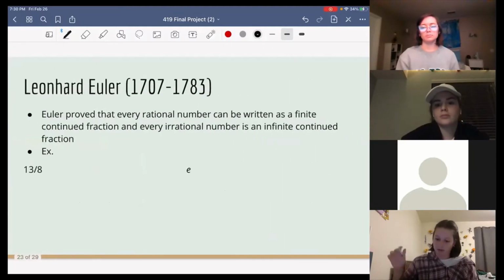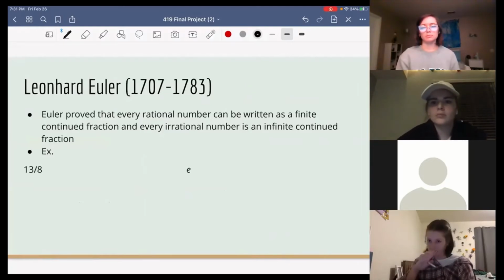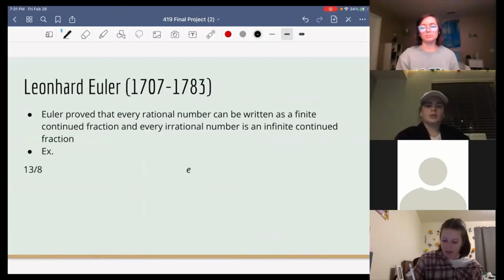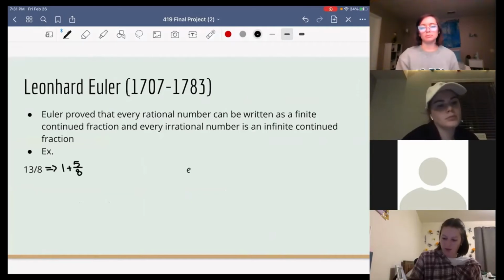And then something else Euler proved was that every rational number can be written as a finite continued fraction, and every irrational number is an infinite continued fraction. So for example, for 13 over 8, you can break it down into 1 plus 5/8, and then you can change that into 1 plus 1